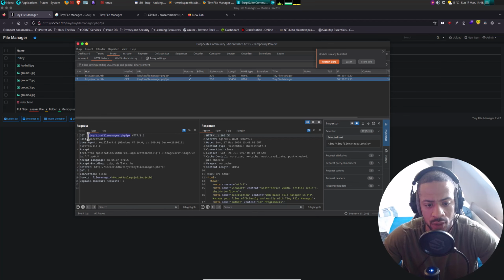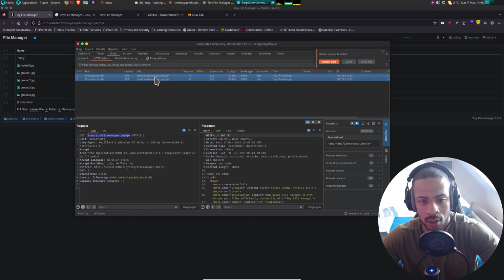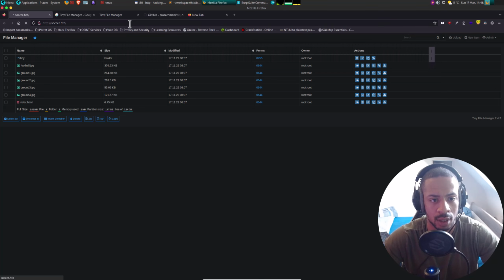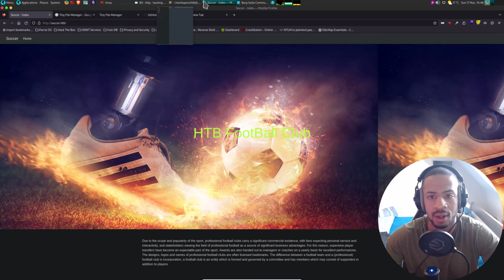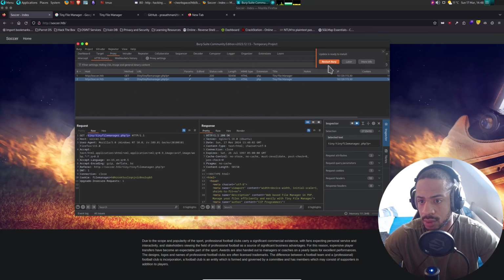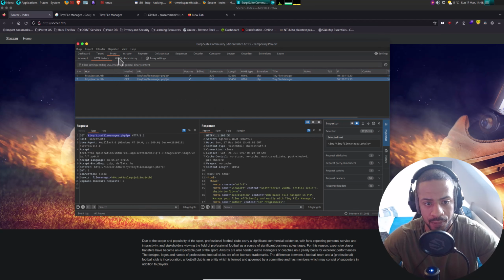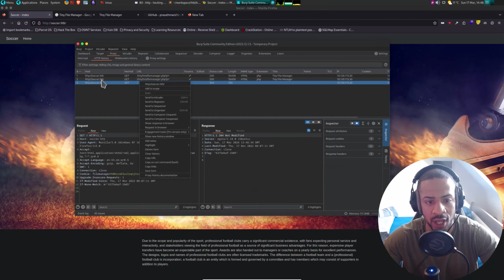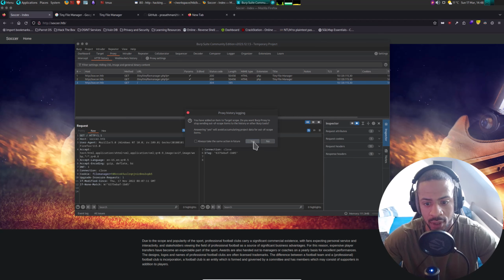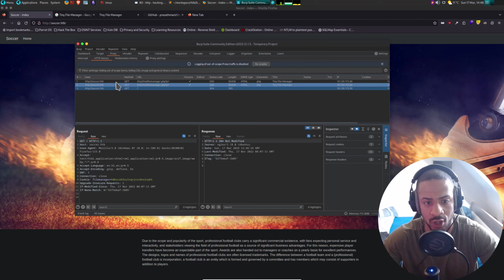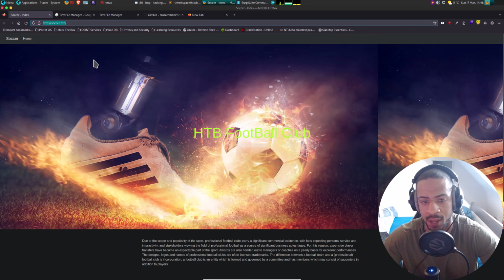Is everything going to be like that? There you go. I want to add this. Update is ready to install. I don't want to do that now. There you go. I want to add this to the scope. Yes. And then here I want to show only what's in scope. There you go. That's why I just did that.